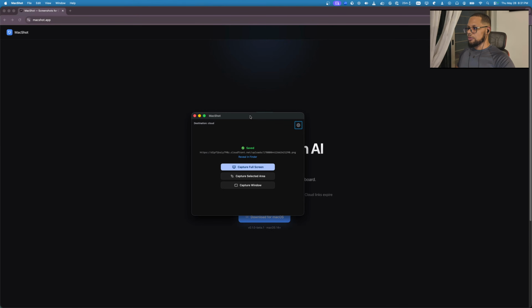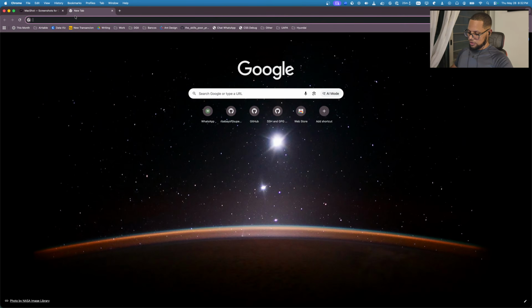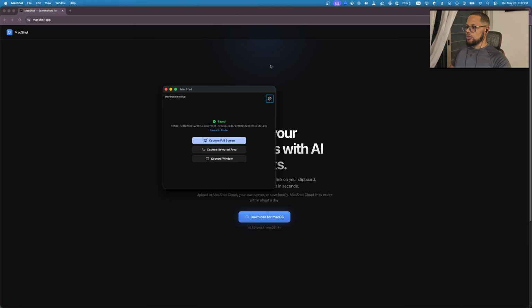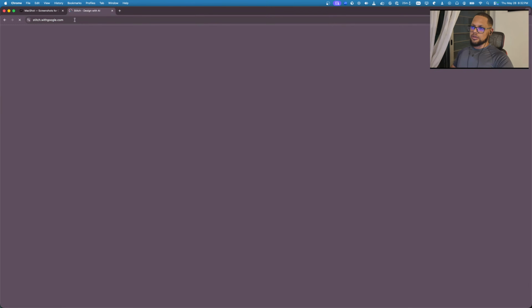Here, for example, you can take a screenshot, you can select an area, and there are different options, but you can get a public URL that you can share with your CLI agents anywhere else. The main flow is working already, so we are now implementing the onboarding flow, which is the monetization,